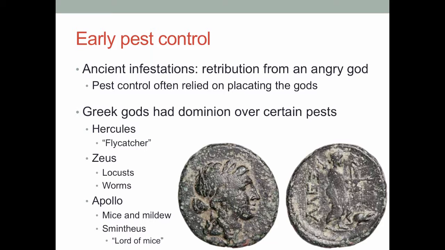But I thought Apollo was interesting because he was sometimes referred to as Apollo Smithius. You would see this in the literature, and that stood for Lord of Mice. And if you went to some of his temples, they would intentionally build little chambers under his altar for the mice to live in. And so when people visited, you could leave offerings to the mice as an offering to Apollo and a way to placate mice. And this coin where you have the circle on the PowerPoint,